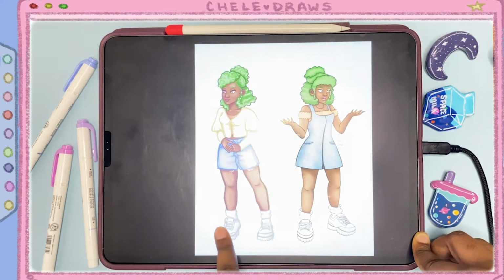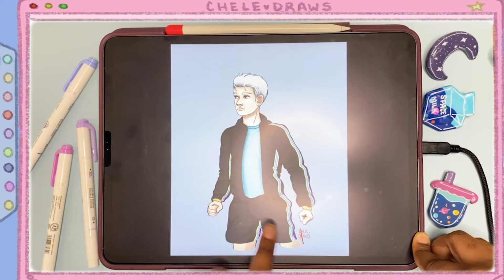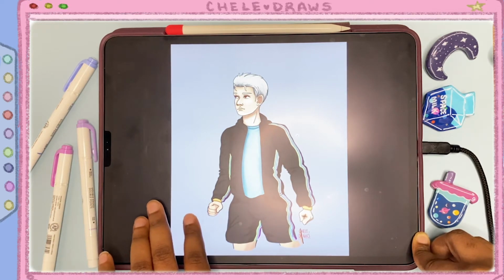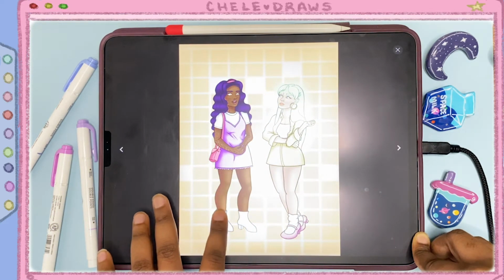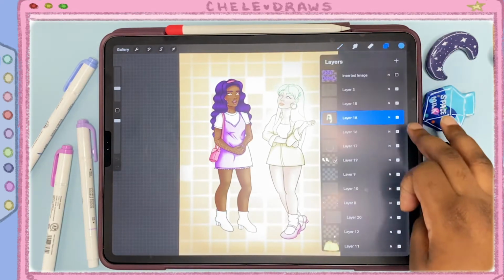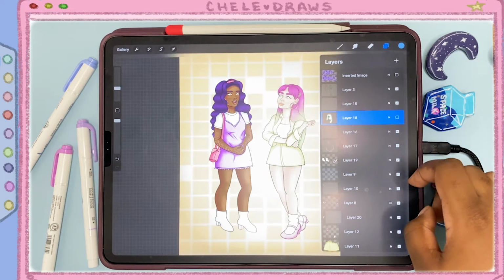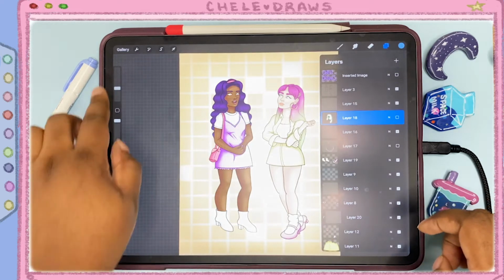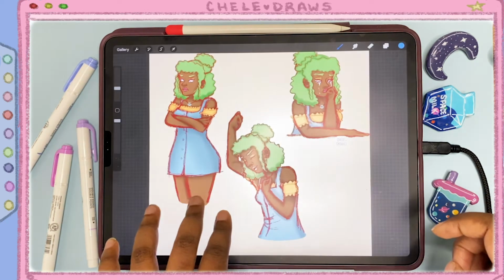I did a video on this, me redrawing Zara, the main character of my animation. The redraw is on the left, and the old version was on the right. I don't know if I like the redraw more than the original. I still think I like the original. But I've been trying to draw her more lately. If you see at the end, I've been doing a different piece, trying to work on drawing them interacting with each other in an environment, with her and Luna and Soren, because they're supposed to be three friends. So yeah, that. And then next was